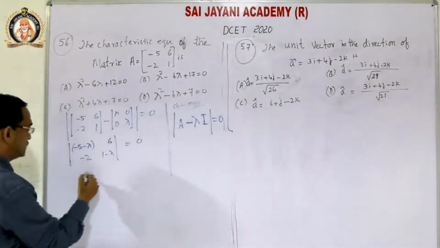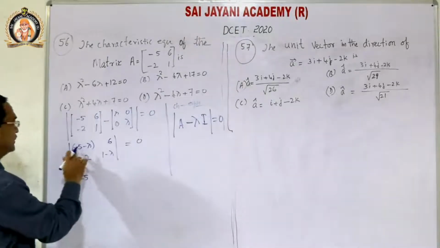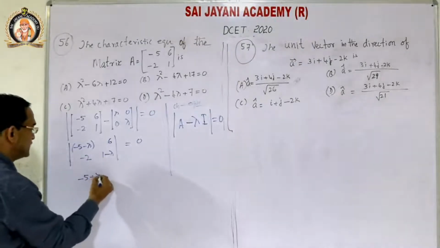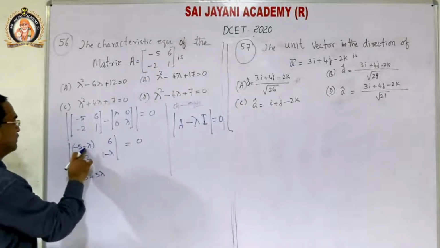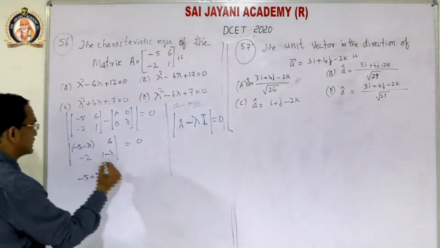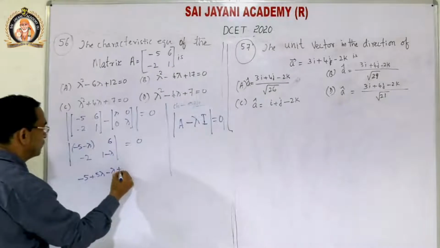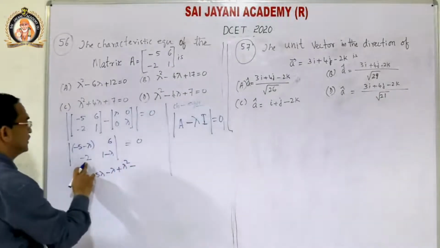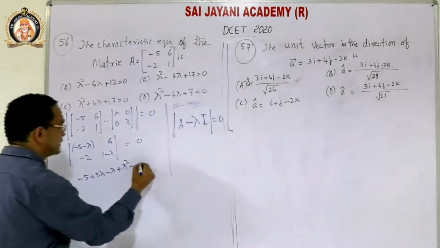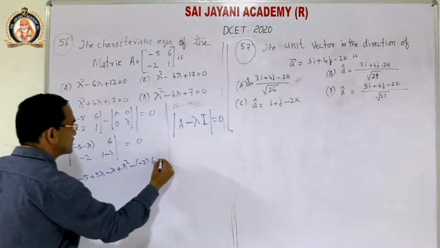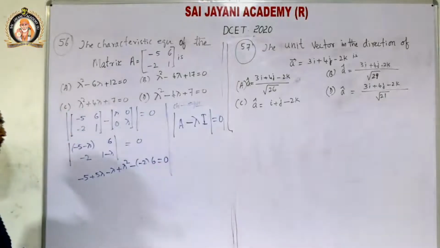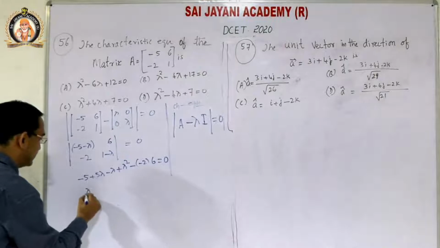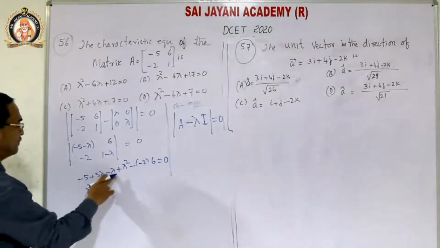So minus 5 into 1 is minus 5, minus into plus, minus into minus, what is minus into minus? Plus 5 lambda. Again minus lambda into 1 is minus lambda, minus into minus plus lambda square, right? Minus of the non-diagonal elements, that is minus 2 into 6, that is equal to 0, right? So while simplifying this, what I am getting is lambda square plus 5 lambda minus lambda